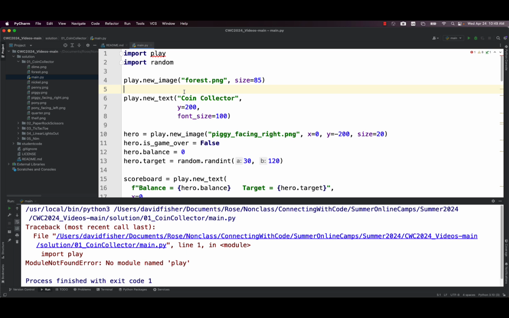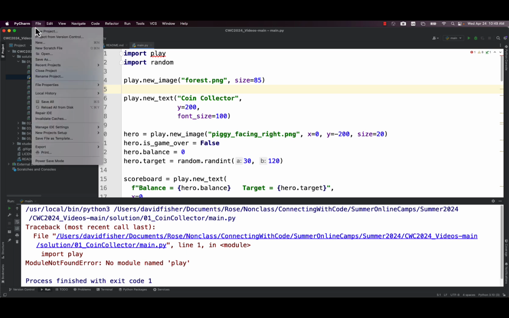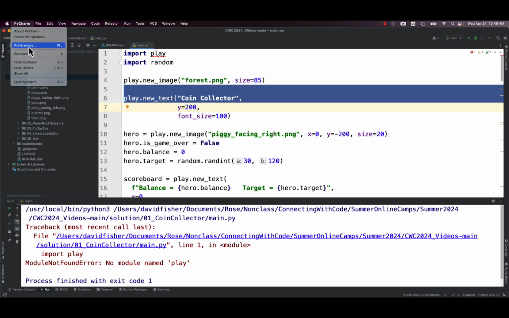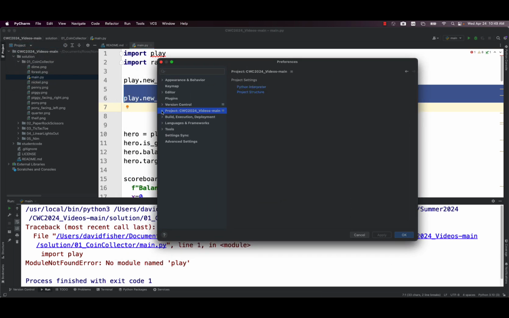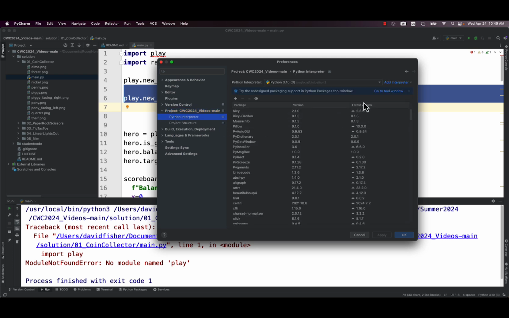The way it works is you need to go into preferences. On my Mac, it's under PyCharm preferences. For you, it's under, I think, File, and then Settings, and then Preferences. But either way, make sure you open the PyCharm preferences. Once you've got the preferences open, you can go to Project Interpreter. If you don't have that interpreter, here's where it would yell at you about that as well. So you've actually already been in this area.